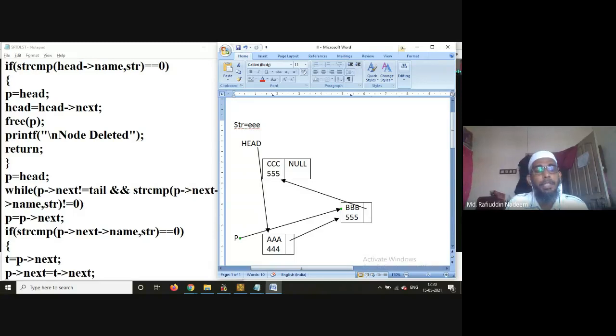Then again, because it is a while loop with a single statement, it will go back: P next not equal to tail. It is not equal to tail. Then P next name CCC comma EEE not equal to 0 is true. Then P is equal to